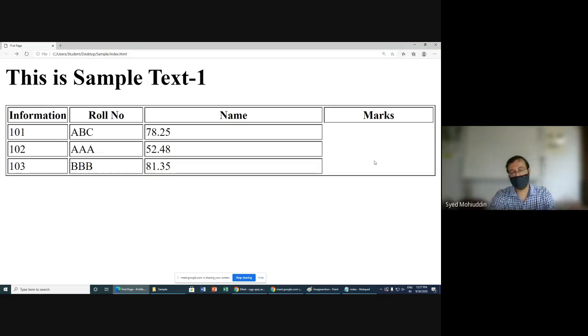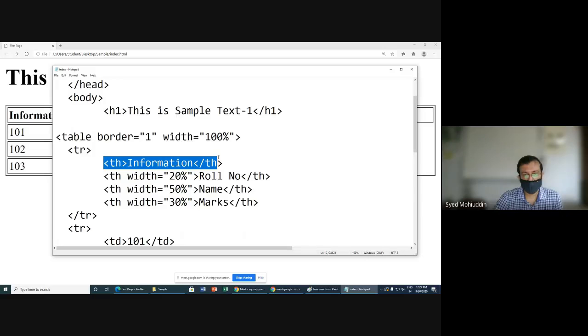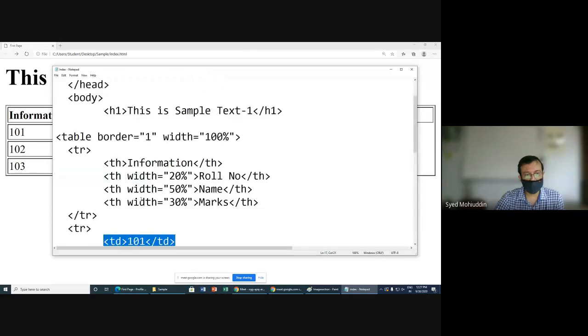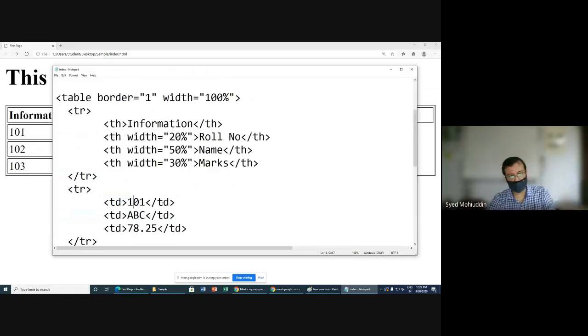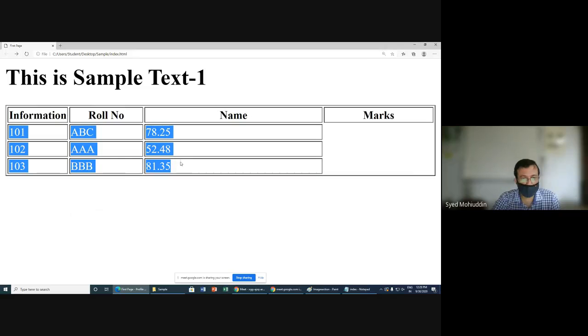But since the first row contains four columns and the second row contains only three, this 101 is starting from the first column itself. But what I want is for this to be moved to the side, and information, that column,